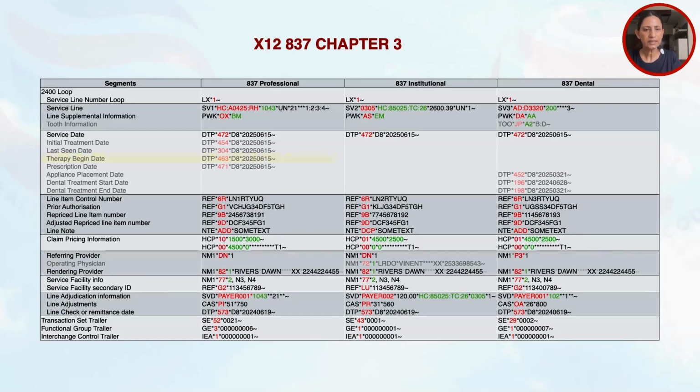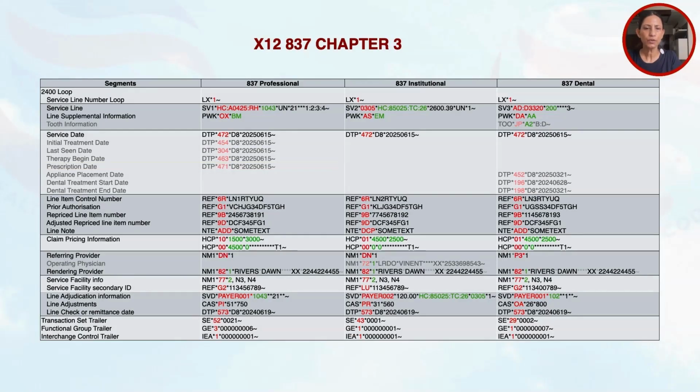This is required when the claim has to mention the begin date of a particular therapy or treatment, like oxygen therapy or any durable medical equipment use therapy. This DTP segment is required when supplemental information in the form of a certificate is submitted via the PWK segment. We just discussed the PWK segment above for such certificates. Then the prescription date is used when, as per prescription, any drug is billed as part of the line of service. It is represented by DTP*471.